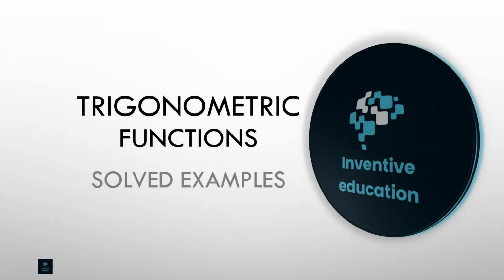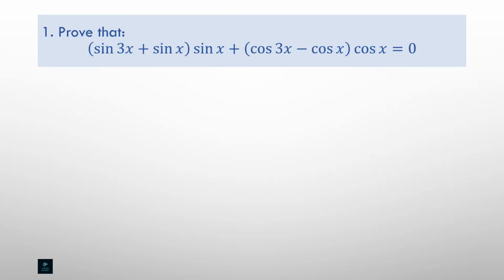Let us have some practice problems on trigonometric functions. First, we will prove that (sin 3x + sin x) sin x + (cos 3x − cos x) cos x is equal to 0. We will use the relation of sum of sine of angles, and we will use the relation for difference of